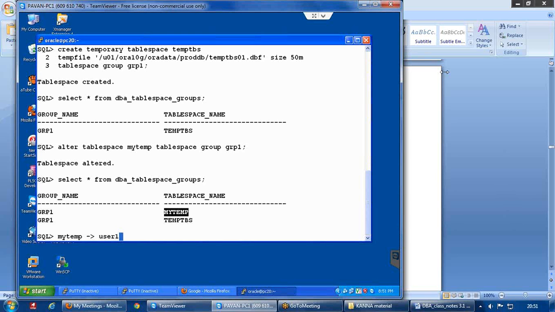Temp tablespace is used whenever we are doing some sorting operation. Assume user1 is doing some heavy sorting, and the mytemp space is already full. Then the user will get an error. If the user gets an error that space is not there in the mytemp tablespace, then as a DBA we need to either add a temp file or resize the existing file. Instead of that, if I allocate both mytemp and temp_tbs, if the space in mytemp is full, then automatically this user can use temp_tbs. That is the advantage that we have with the temporary tablespace group.